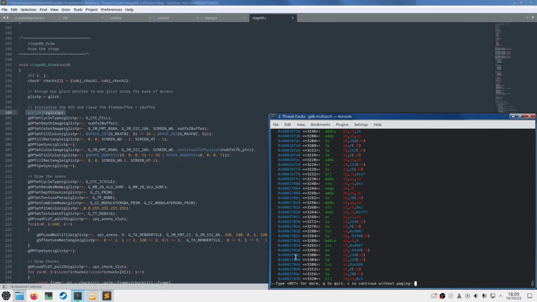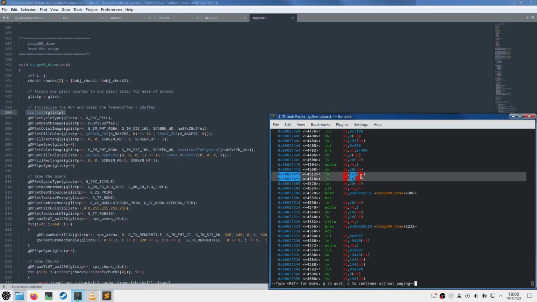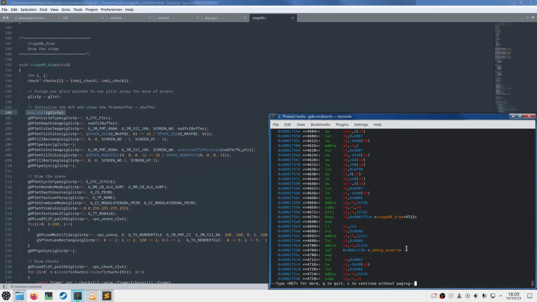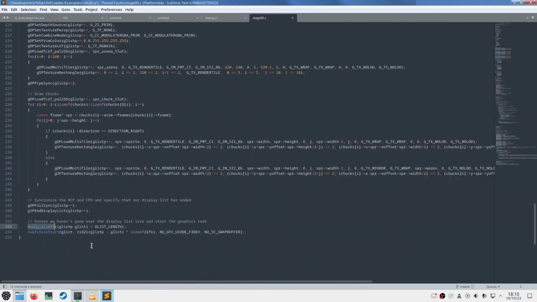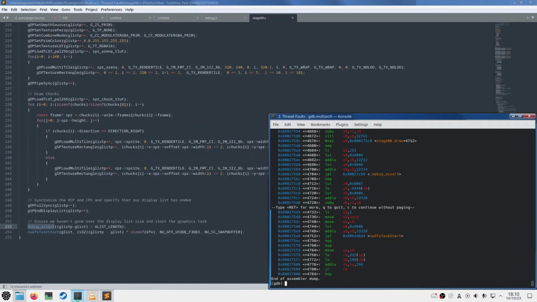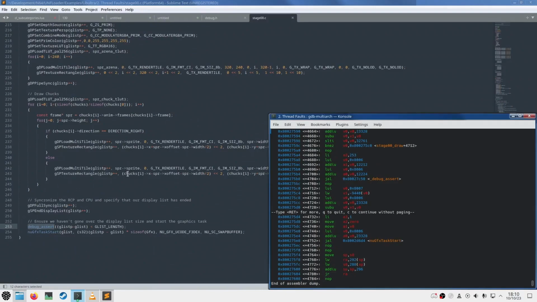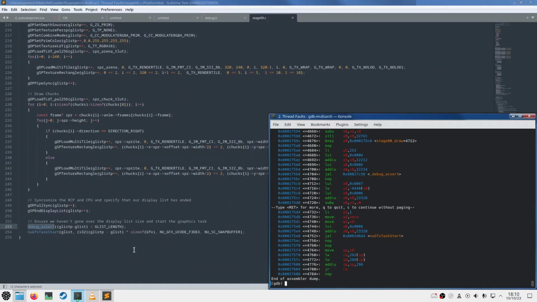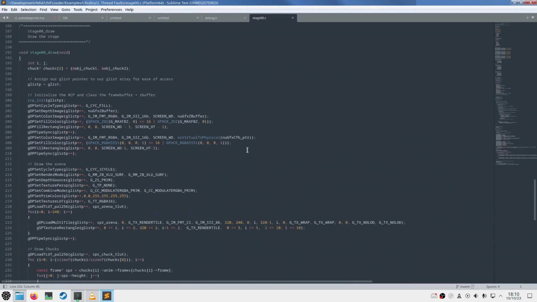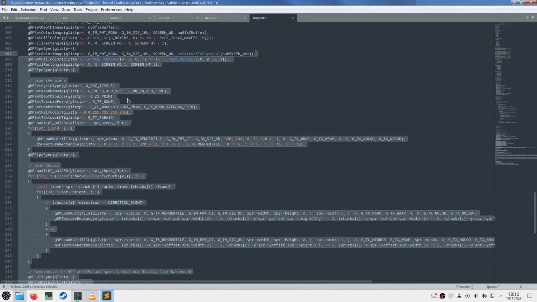Okay, we're at 27, but we need to be at 4FC. So we are crashing at this line over here, and that line is happening a little bit before debug assert, which would be this line here. We weren't able to isolate specifically which line it's happening in, but we at least know it's happening somewhere between here and here. It's in this block.